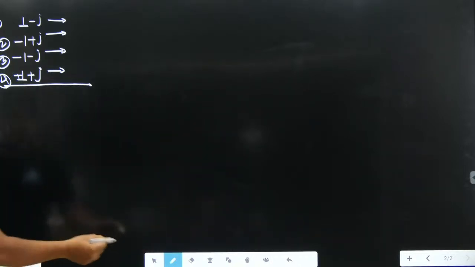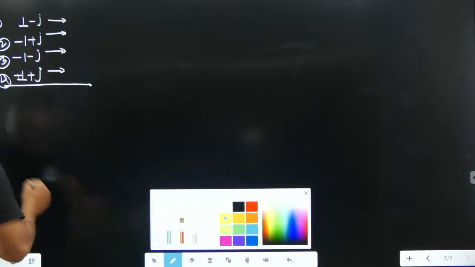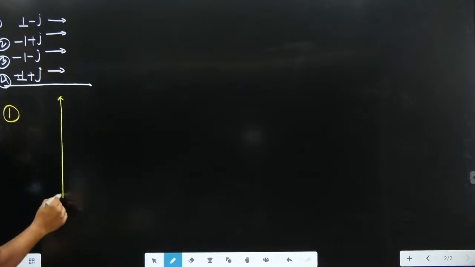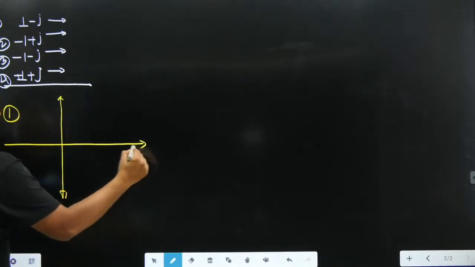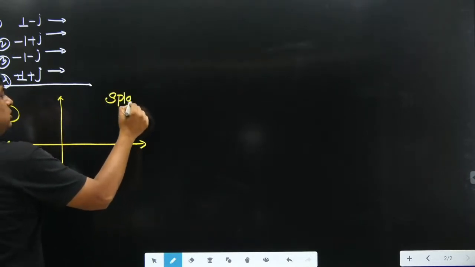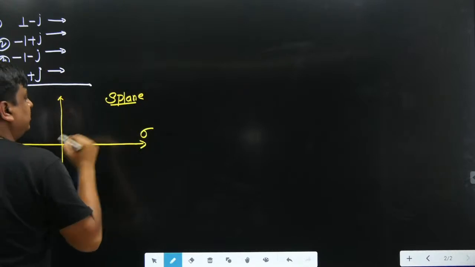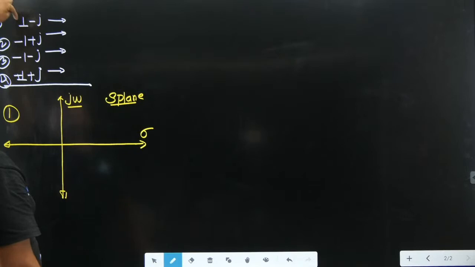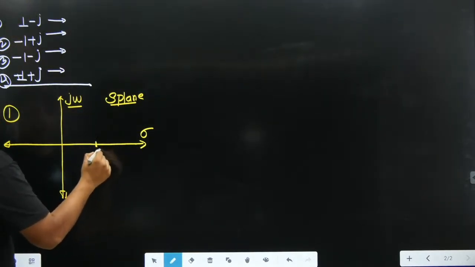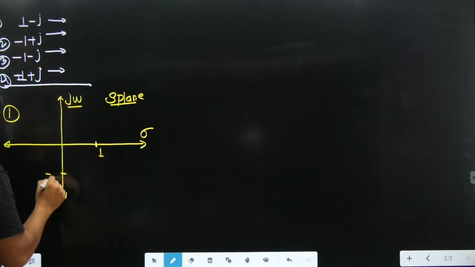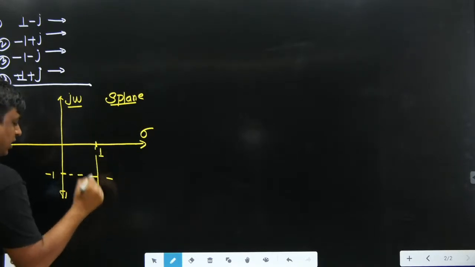So let me focus on the first question first. Let me draw the S-plane. Here it is the S-plane. This is the real axis of the S-plane, and this is the imaginary axis of the S-plane. As far as the real part is concerned, the real part is positive, somewhere at 1. And the imaginary part is negative, so obviously it would go down. It is at minus 1. The intersection point would come somewhere over